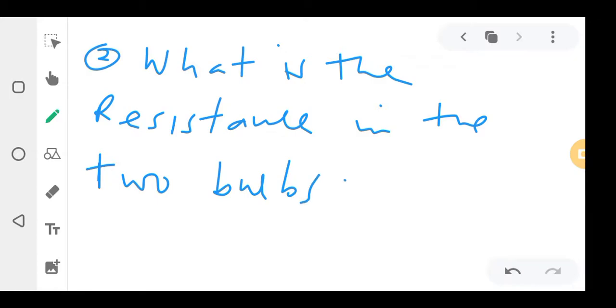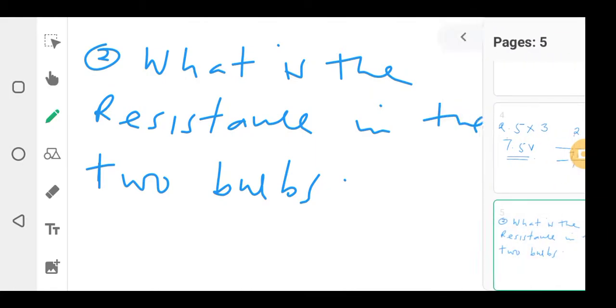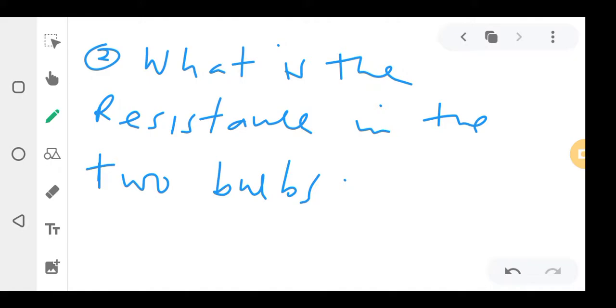Okay, what is the resistance in the 2 bulbs? Not 1 bulb, 2. So the resistance in both of them. So if you're finding the resistance in the 2 bulbs, you're going to use